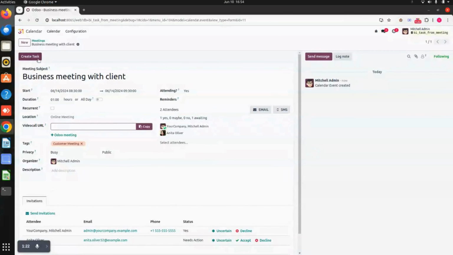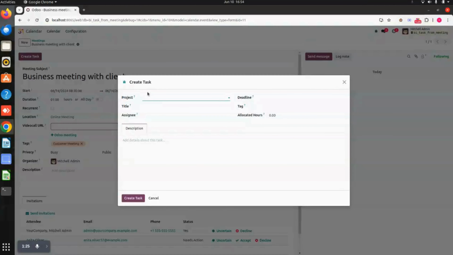And here you can see there is a create task button. Clicking on this create task, this wizard will open up. Here you can select the project, that is, which project this task will belong to. Right now I'm giving office design, and I will give the title, that is business meeting